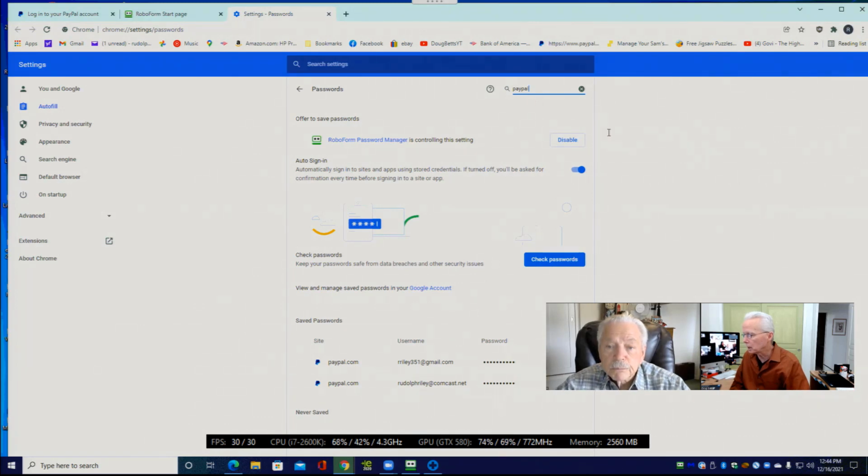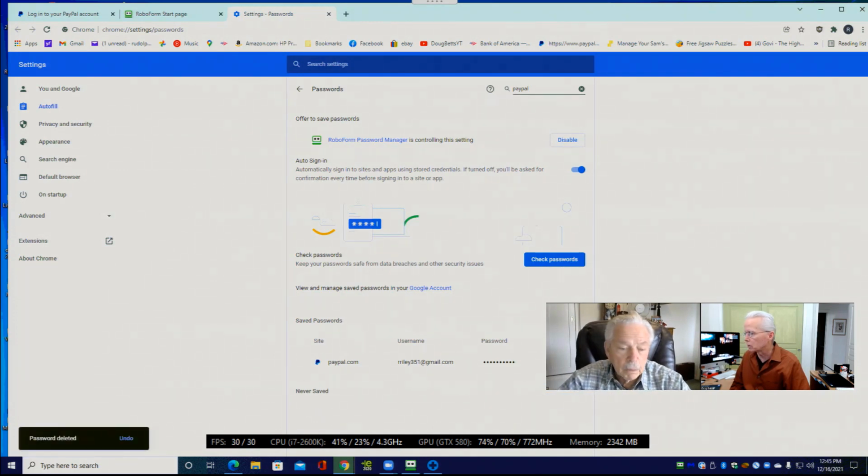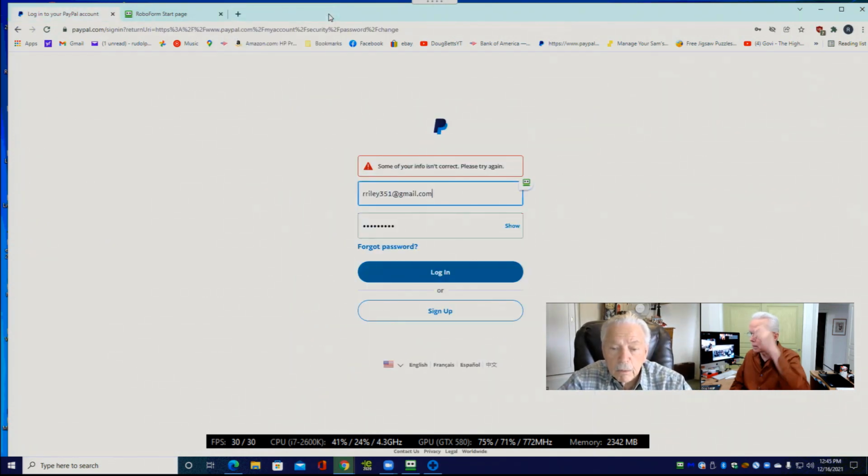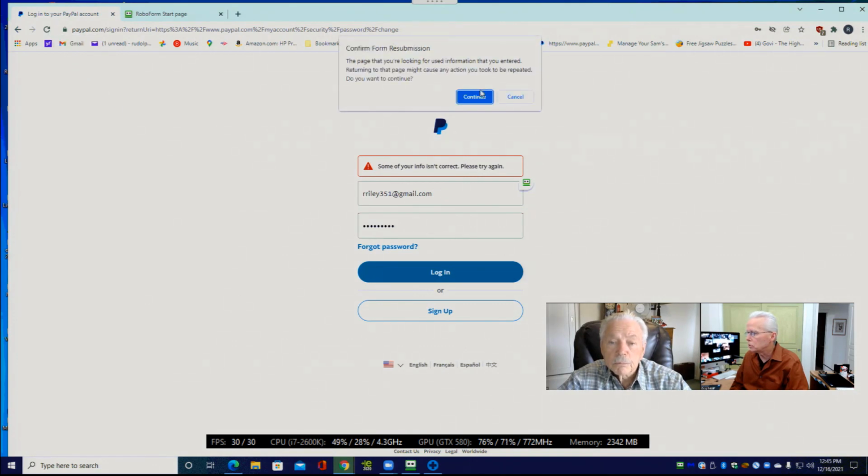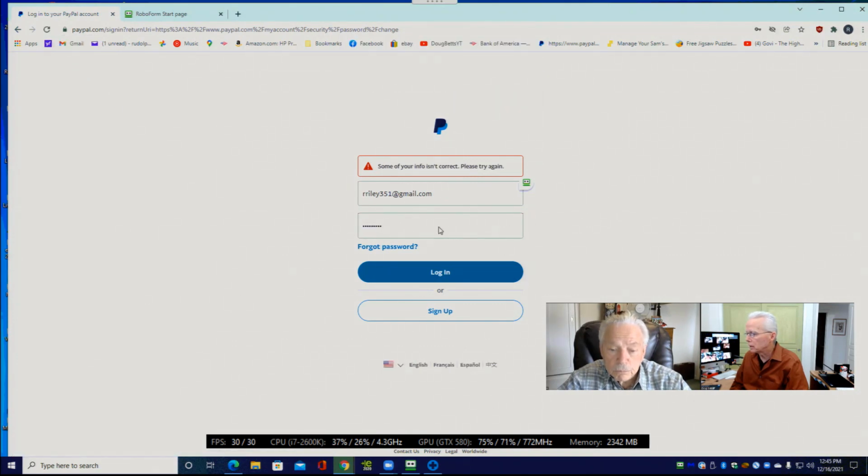Yeah. So now I'm going to unblur the screen. So when I typed PayPal, the search results down here, we no longer see all of the accounts. We only see the ones that match that search term. So this one we know is invalid, doesn't exist. We don't want that even to be suggested anymore. So we'll do the three-dot button and remove that from the Chrome browser. All right, then we'll close this tab, get us back to RoboForm. And then let's refresh this page. I want to see if we can get rid of that short password. Where is that coming to us from?